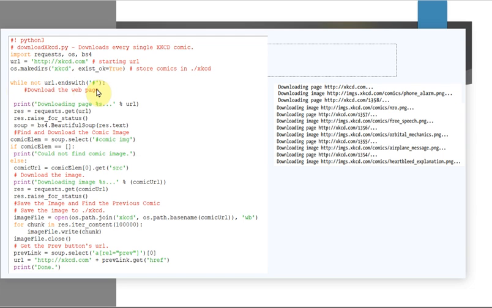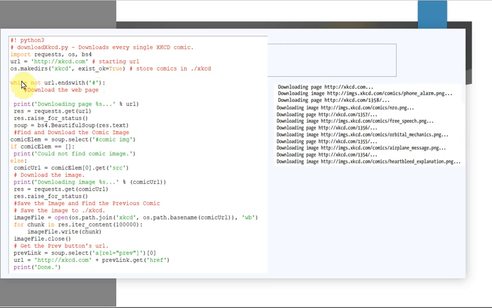What did we say? You are going to the previous link and downloading the image, and when you encounter a hash, that is the URL ends with hash, it means you are done. You have reached the first page, the first post of your site.